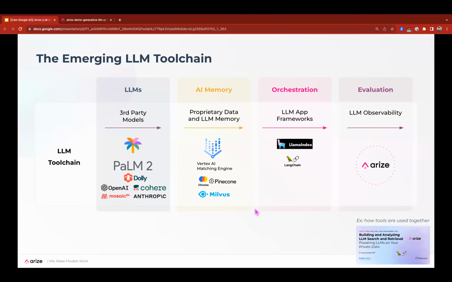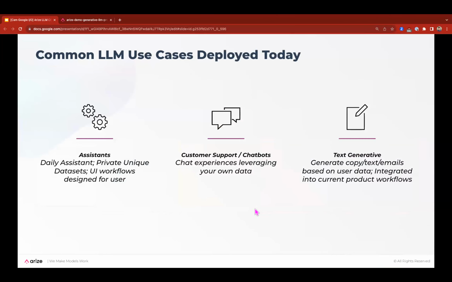Thinking about these building blocks, what does that actually look like at an organization? We can move into deploying and developing LLMs. They start using these building blocks and enable three or four use cases that we see in the world. The first is in-house systems using proprietary data.